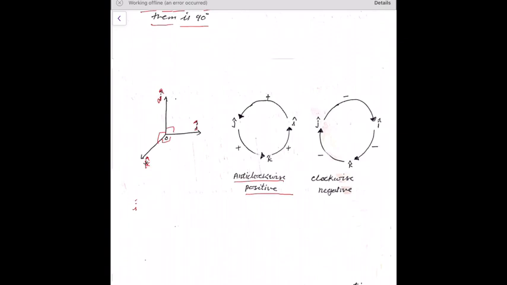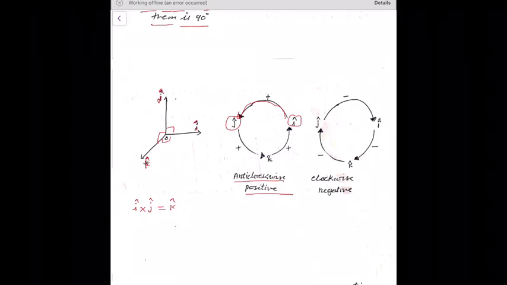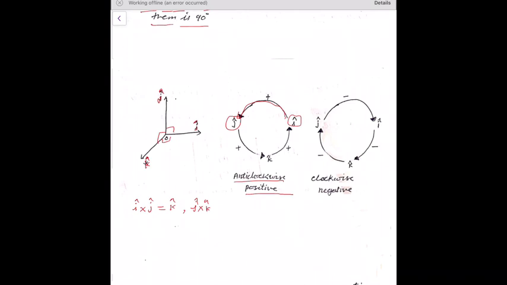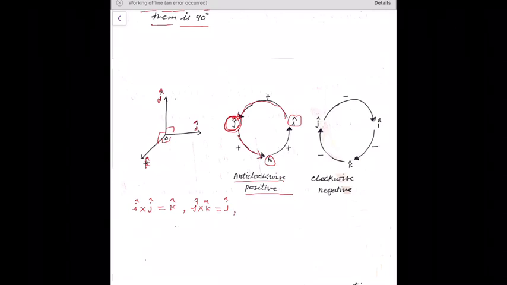That is, i cap cross j cap, in this direction, is equal to k cap, and j cap cross k cap, anti-clockwise direction, is equal to i cap,